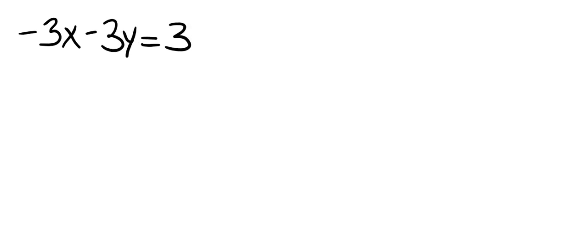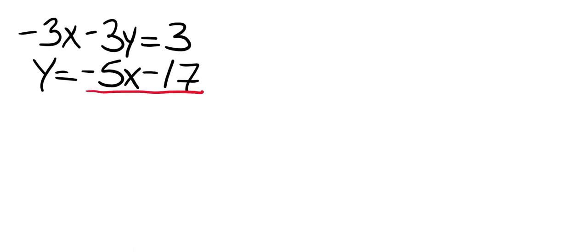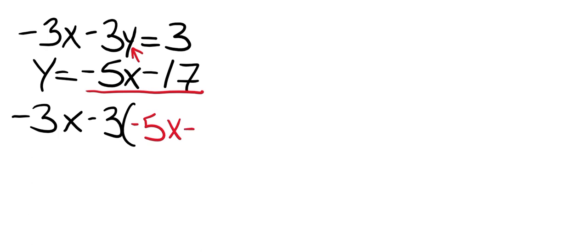The next question that we're going to work on is negative 3x minus 3y equals 3 and y equals negative 5x minus 17. For the equation in the bottom, we have y by itself, which is negative 5x minus 17, and we're going to plug that in for y in the other equation. If we rewrite the equation on top, it'll be negative 3x minus 3 times what y is equal to, negative 5x minus 17